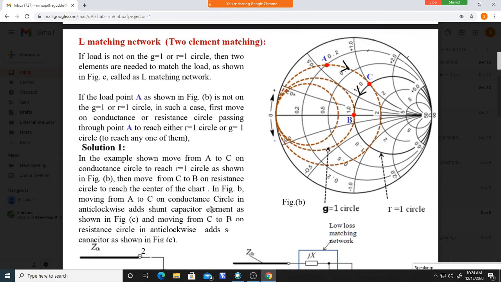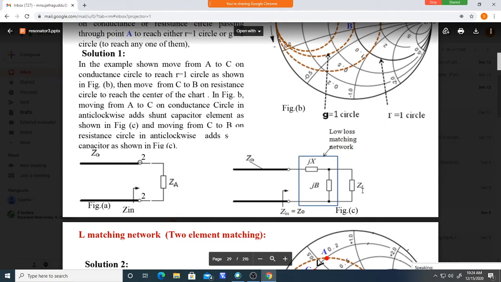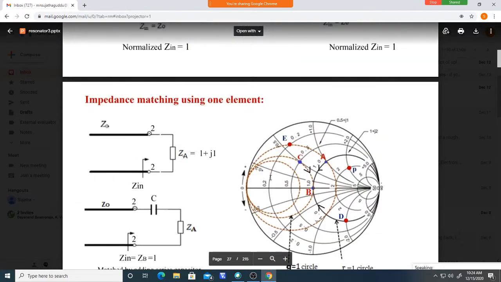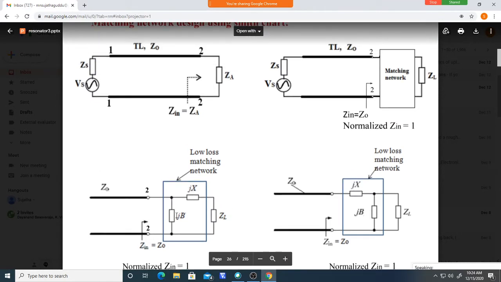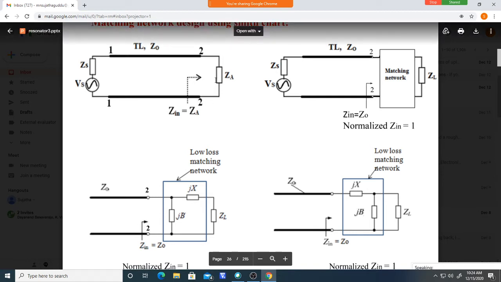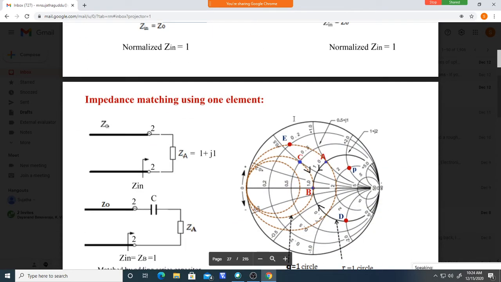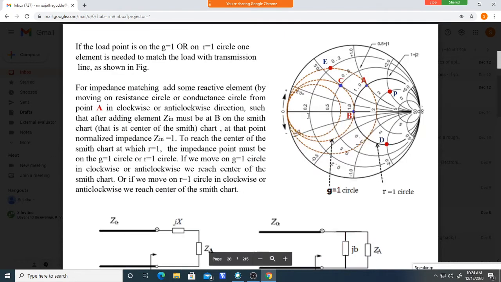Okay, so now how to bring that impedance using two combinations? See, this is a ZL here. By adding an inductor and any combination like this, by adding reactive elements like this, we can bring the impedance looking in this direction equal to this Z naught. Okay. So how to do that? That we saw in the previous semester, and I am also repeating it in this one.